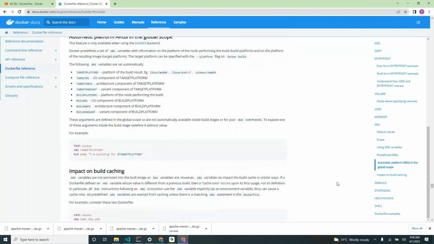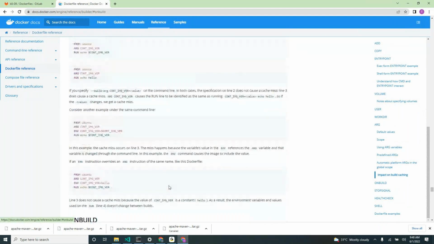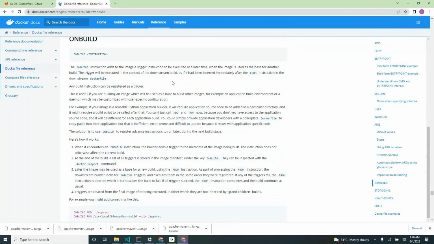on build. Okay, on build is the instruction. If somebody uses your base image, you want to set some standard. Without that, you will not allow them to run that base image. Okay, that uses on build. If you read this clearly,